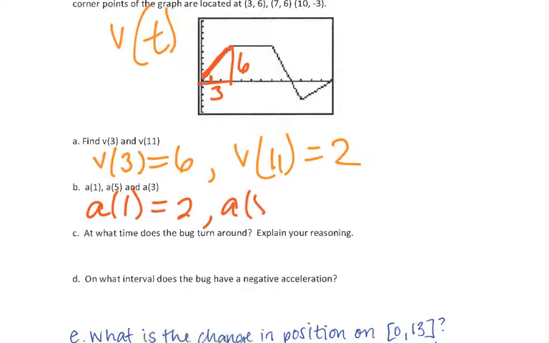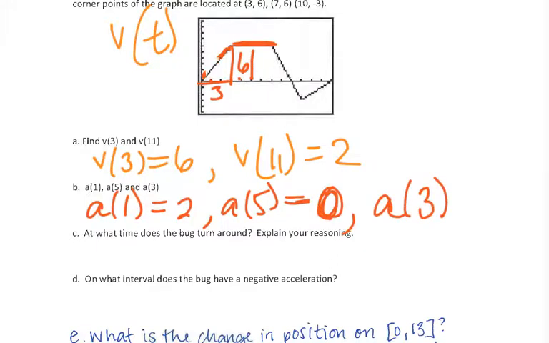Then a of 5, want to look for 5. 5 is up here. There's no change in the velocity. Since there's no change in velocity, the slope is 0, and that means the acceleration is 0. And then finally, a of 3. Well, at a of 3, we're actually changing. The velocity is changing. So we can say that the acceleration here